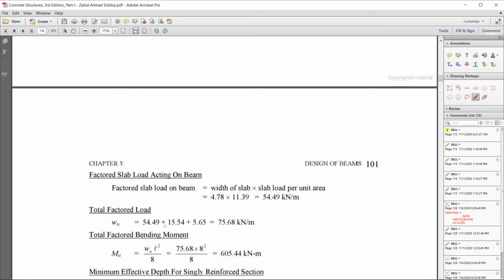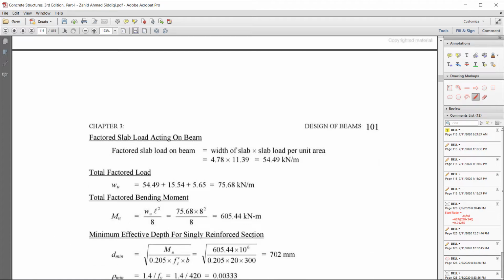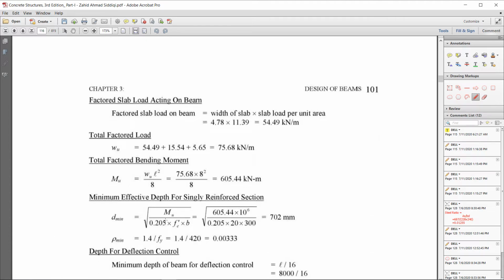Now we will calculate the moment for the simply supported beam, omega L square by 8. Omega is 75.68, that is the UDL. L is the length of the beam. So the total factored bending moment is 605.44 kilonewton meter. Sorry, that is kilonewton meter, not per meter. That is the moment. Now minimum effective depth for singly reinforced beam, that is Mu over 0.205 into fc prime into b,